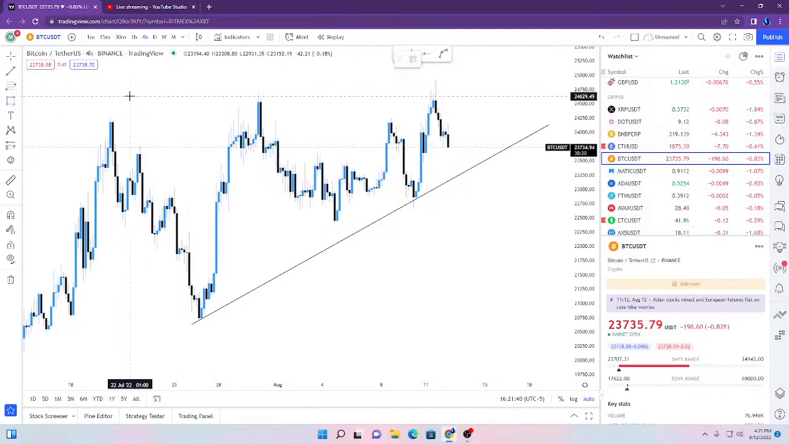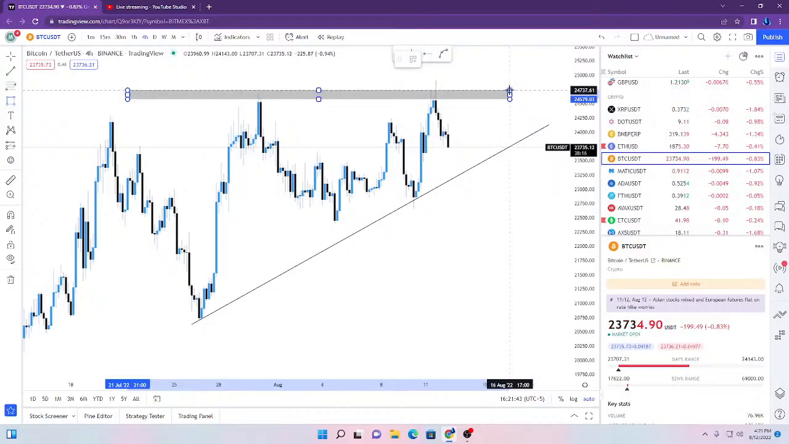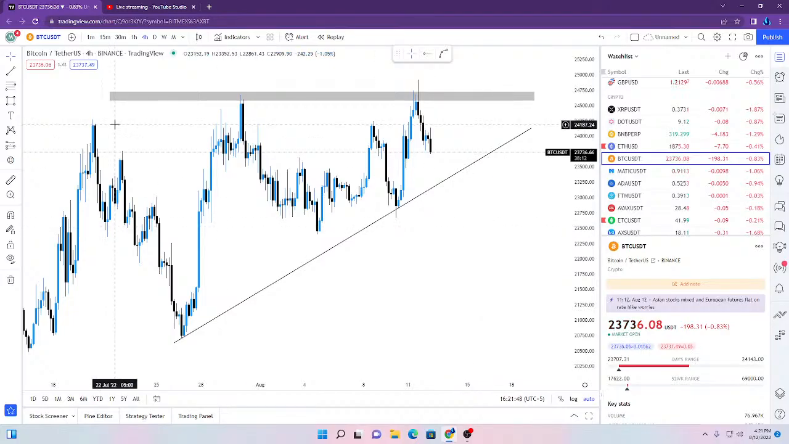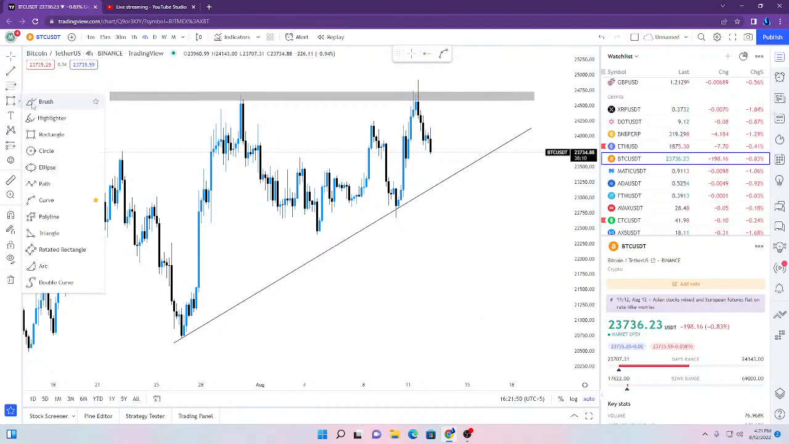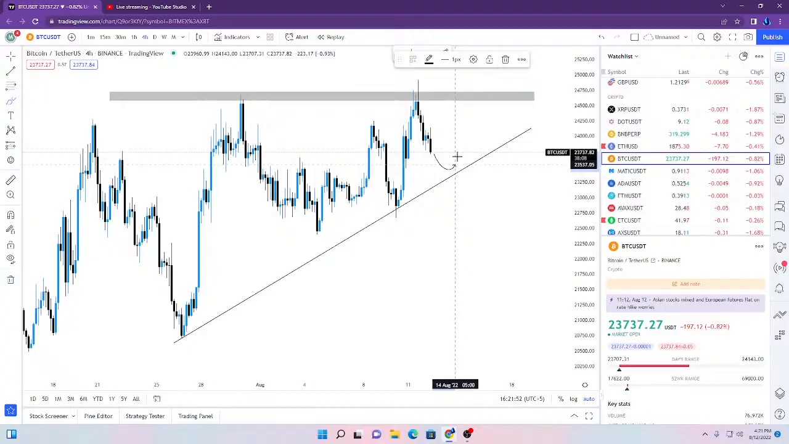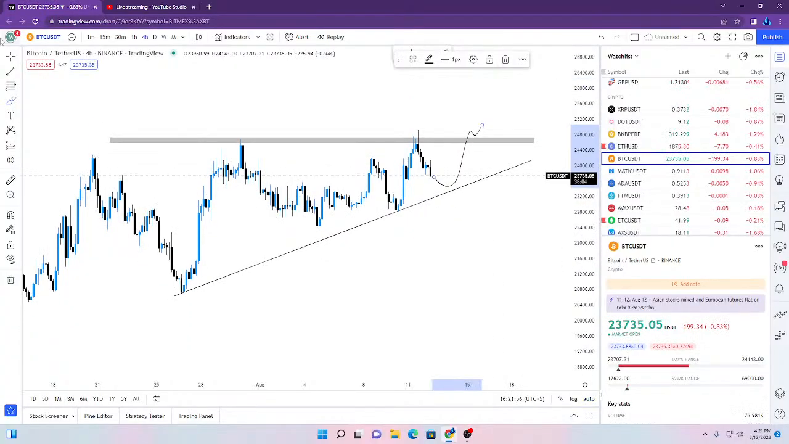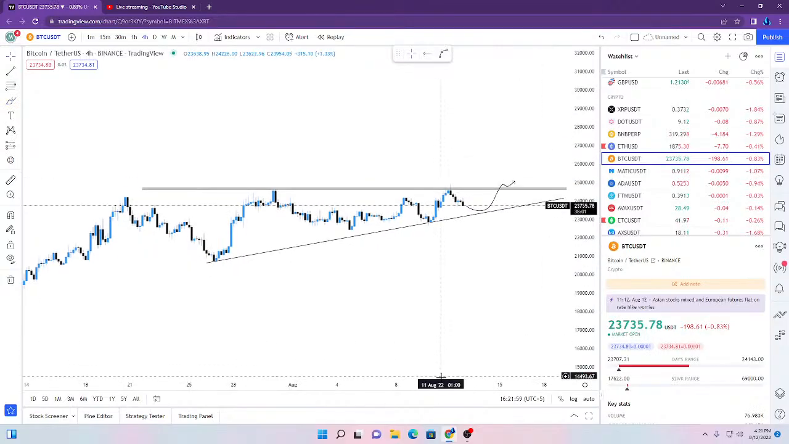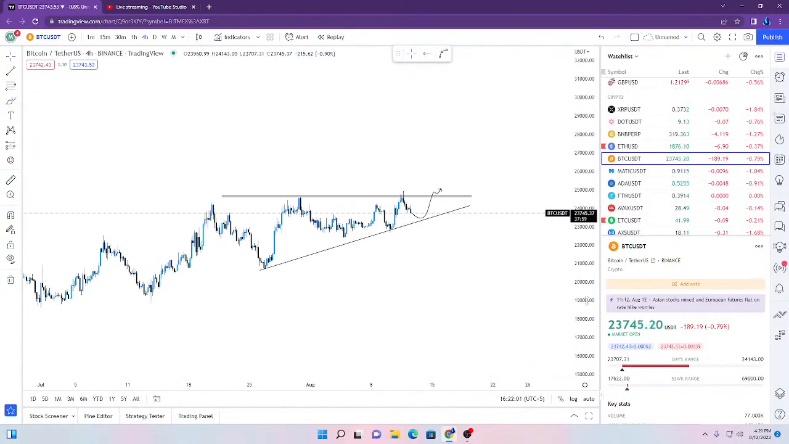Let me mark a very strong liquidity resistance right here. You can also consider this an ascending triangle pattern for Bitcoin, as once we are done with this, once we break above this, then there will be no stopping. There will be nothing stopping us from beating the 29,000 zones. So yeah,